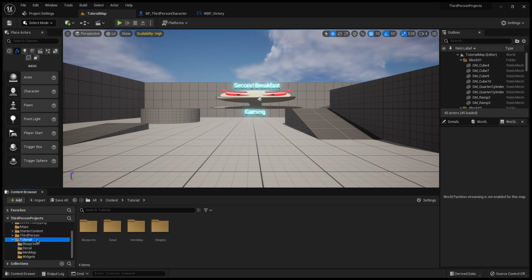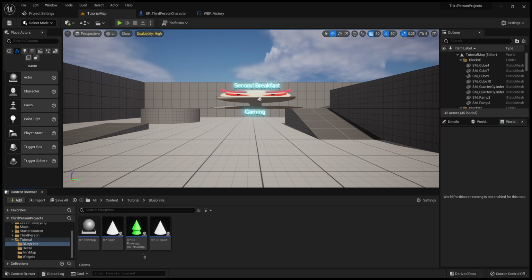So again, we're going to go to our tutorial folder, go into our blueprints here. This power up and child classes, and actually this spike is a child class of this spike, because I had to make the main spike and a child class to do different settings on that one, but go check those tutorials out. Anyway, and this one, again, because we did this widget, let's go ahead and make a new blueprint called